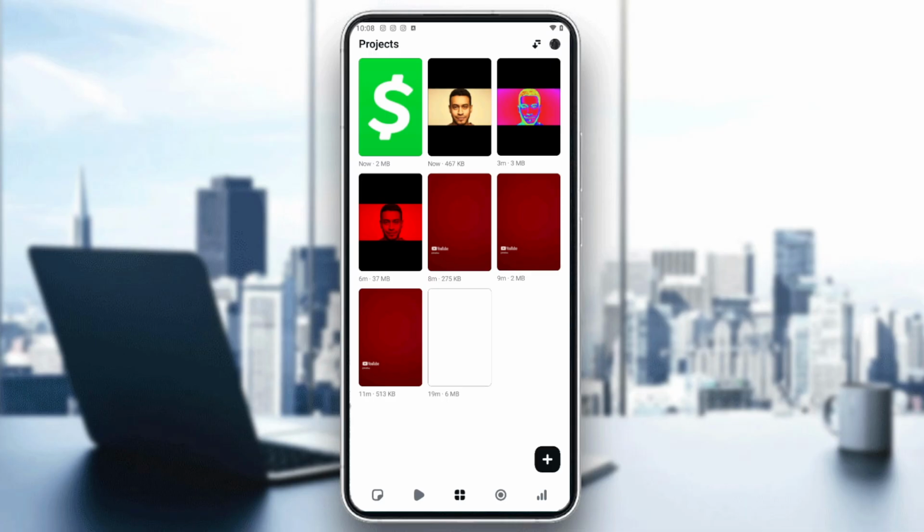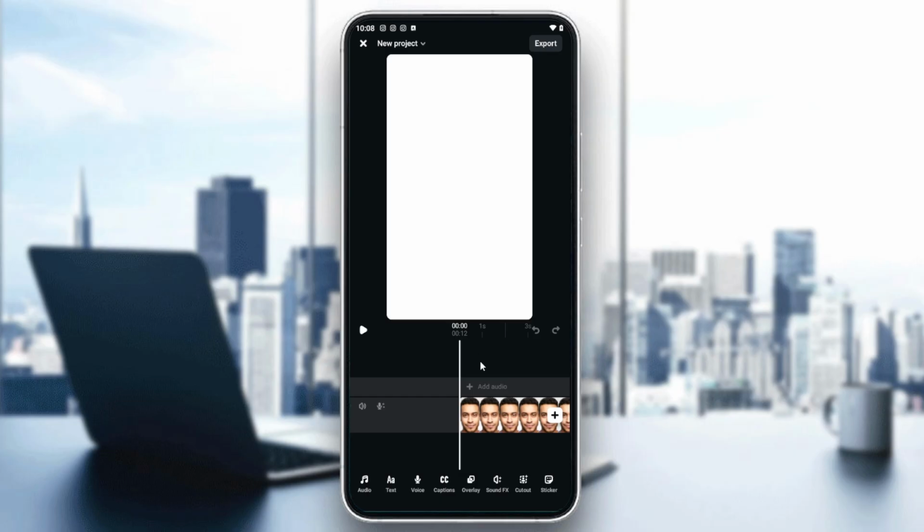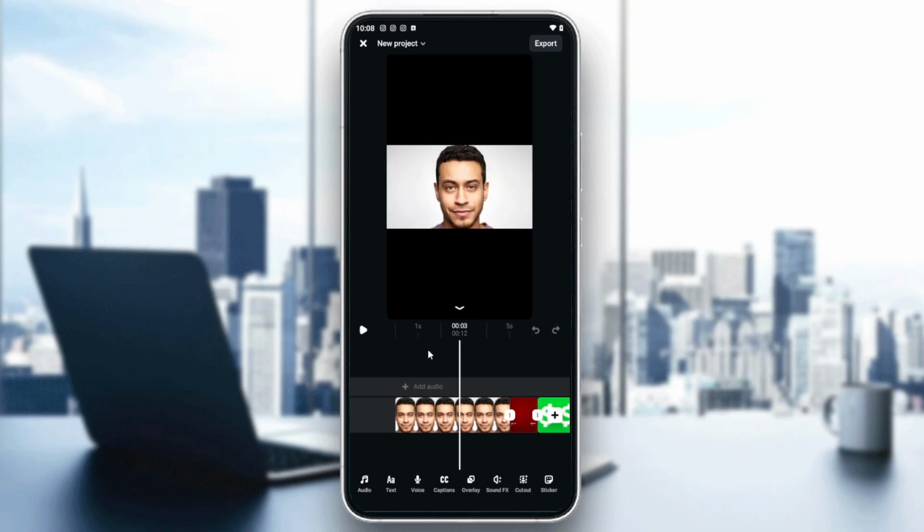And now let's create a new project so we can see how we can use the syncing features of Instagram edits. So we can simply create a new project and click on this. And after that, we can start adding any footage. And simply, Instagram has some automatic syncing features. There isn't a tool that says auto syncing or anything, but whenever you are adding audio, it will sync